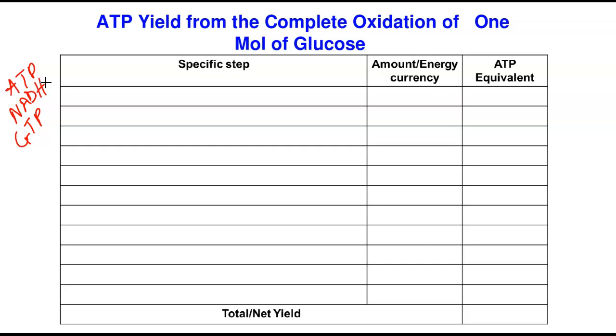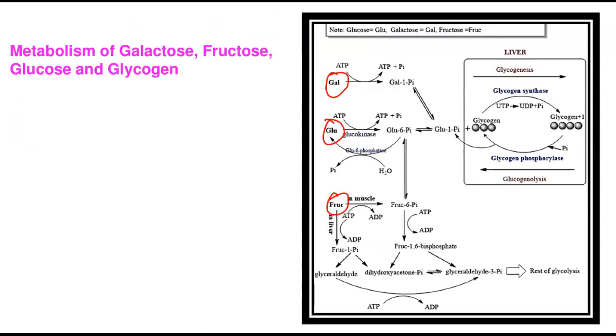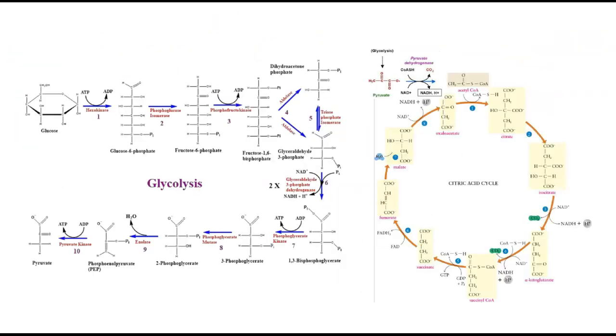So let's look at our glycolysis. Why did I have to show you those pictures? Just to make it easy. I know what it is, but to make it easier for you, I'm going to take you to glycolysis. Let's start. Glucose metabolism starts from glycolysis, where glucose is first of all converted to glucose 6-phosphate. So remember here, in step 1, ATP is being used. We're going to take note of that.